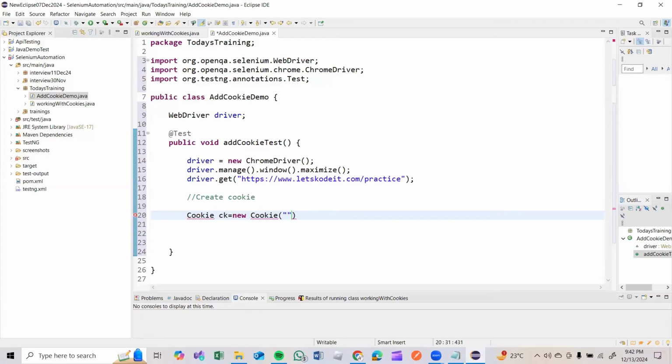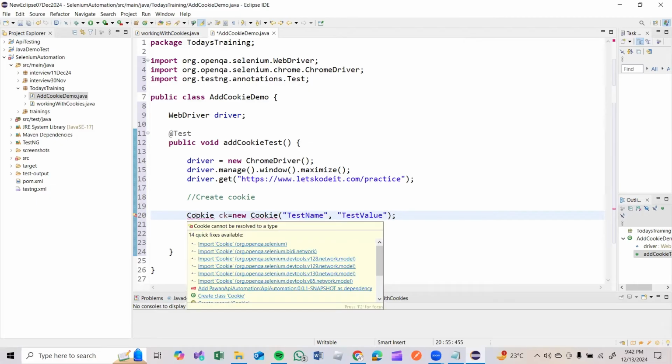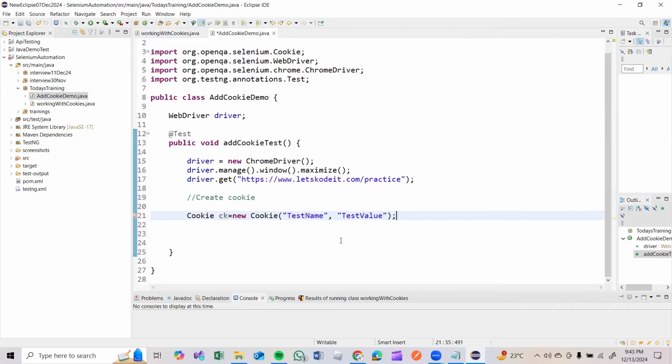Suppose I am just giving some test name, and we need to pass the value, test value. Now hover over it and import Cookie from Selenium. What next? So ck